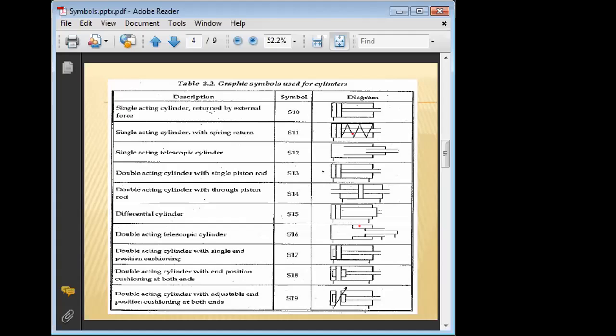For India, we are taking the help of the ISO, the International Organization for Standardization, which has the same control at the international level. So whether it is an ANSI symbol or an ISO symbol, the symbol representation is the same. These are the standard symbols to represent hydraulic, pneumatic, or fluid power systems or components.